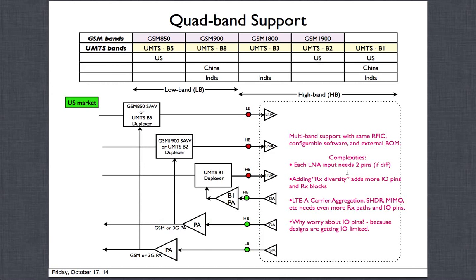So some of the points are added here. If you see, each LNA will need 2 inputs if these are differential. They used to be differential, but lately they have been changing to single-ended LNA inputs because they need a lot of pins, and the pins are becoming a problem. We'll talk about it. This does not show any receive diversity. I'm just showing one set of inputs, but we have something called diversity, and we'll talk about it more. Those are there to be able to receive high data rates, and that adds more complexity because it will need more LNAs and more input pins, and we'll talk about it next.